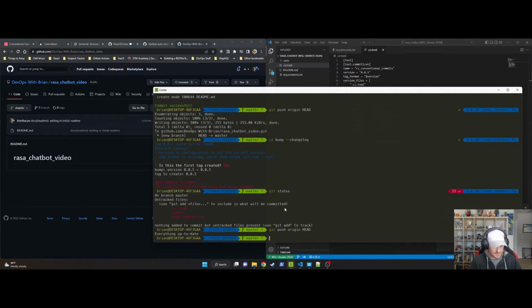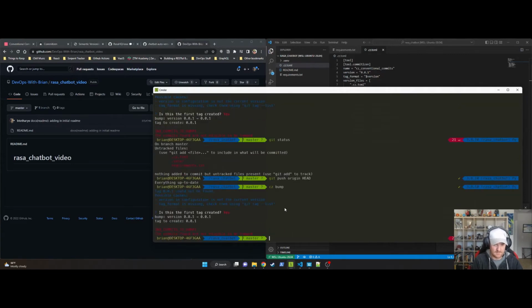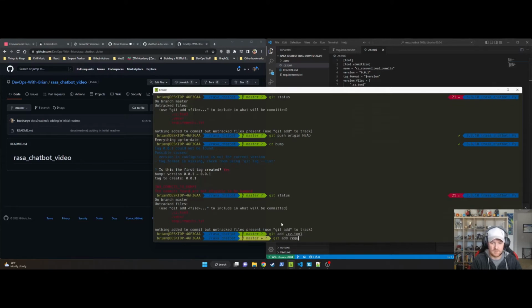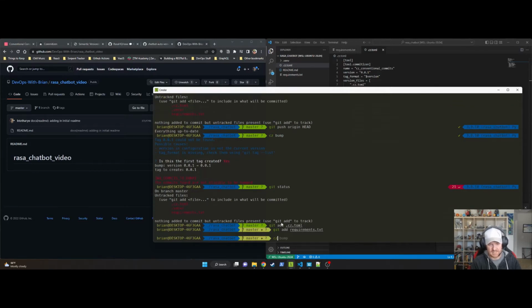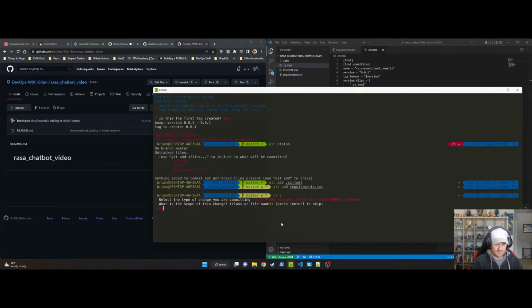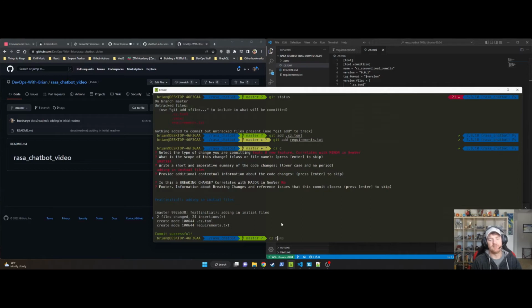So now the initial part though is we need to generate the actual changelog, right? And so we can do, and we're going to add the toml, and we're going to add the requirements file, right? And I'm going to say this is a feat. We're just going to call it initial, adding in initial files, right? Now if I do a cz bump,